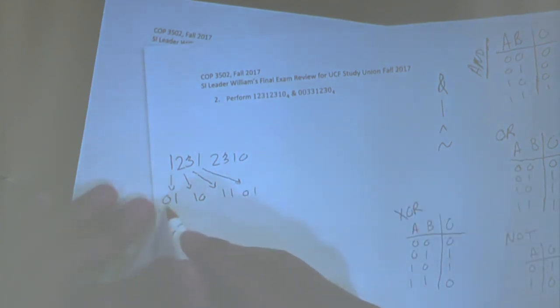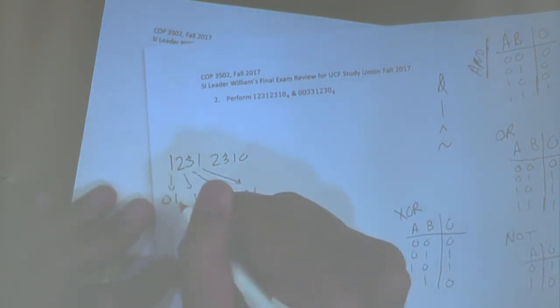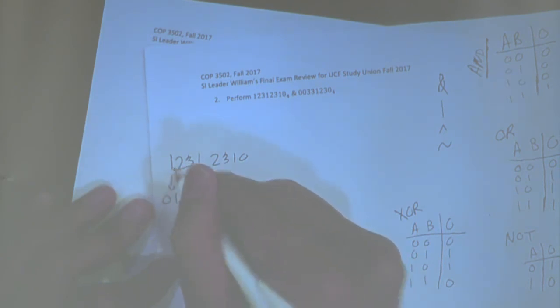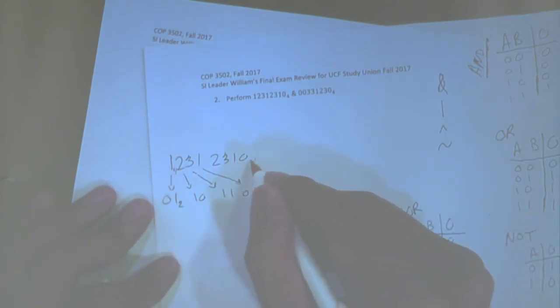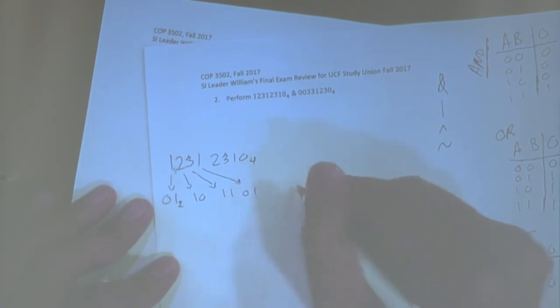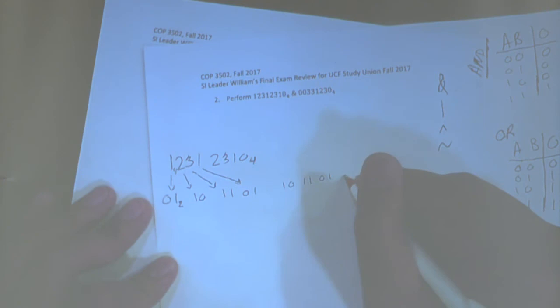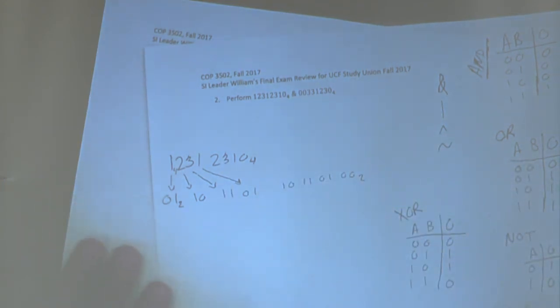Okay, so 0, 2 in base 2. 0, 1 base 2 is 1 in base 4. Okay, so by that shortcut, we can say that 2, 3, 1, 4 in base 4 is going to be 1, 0, 1, 1, 0, 1, and 0, 0 in base 2. Okay, does everyone see that? Good? Okay, so then let's